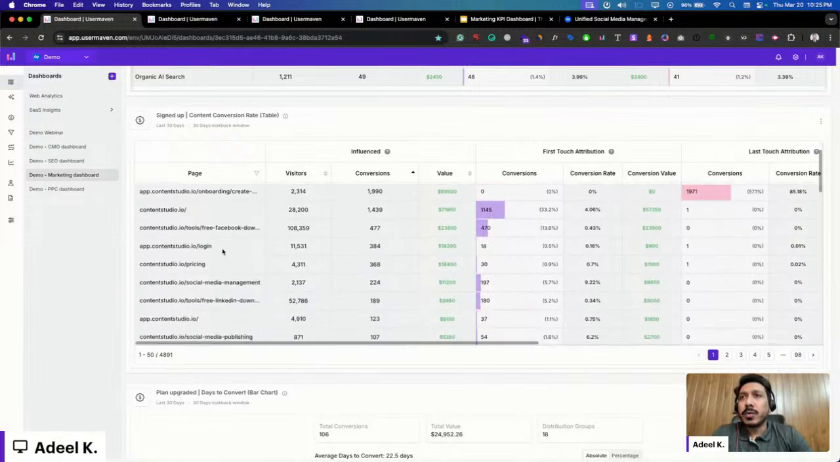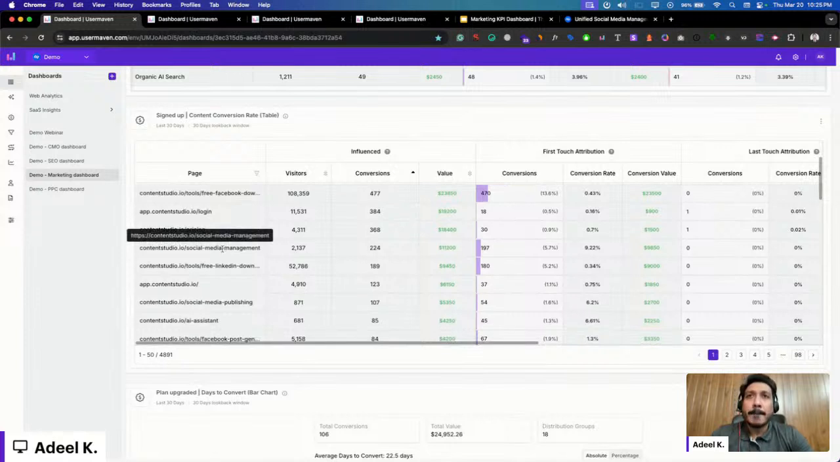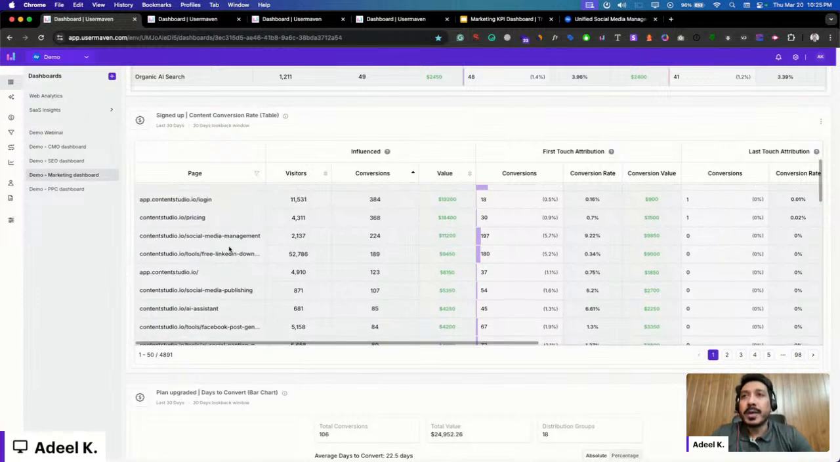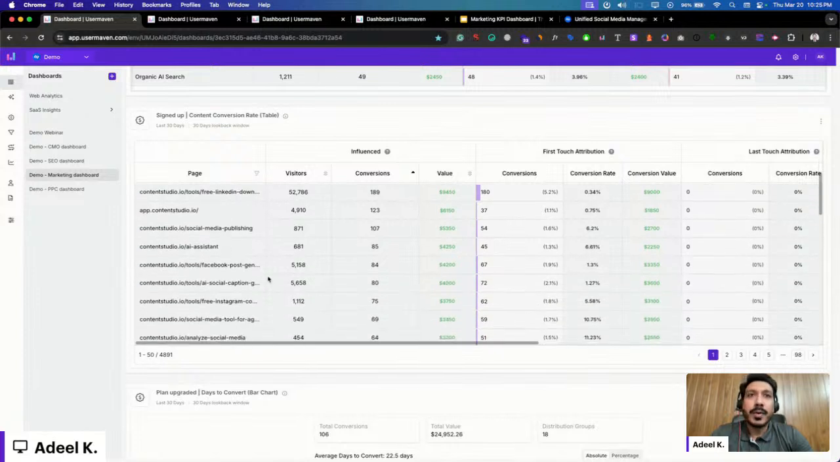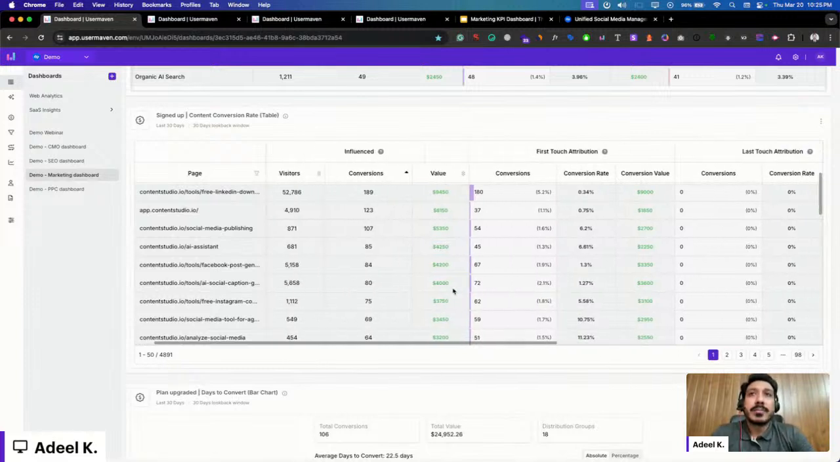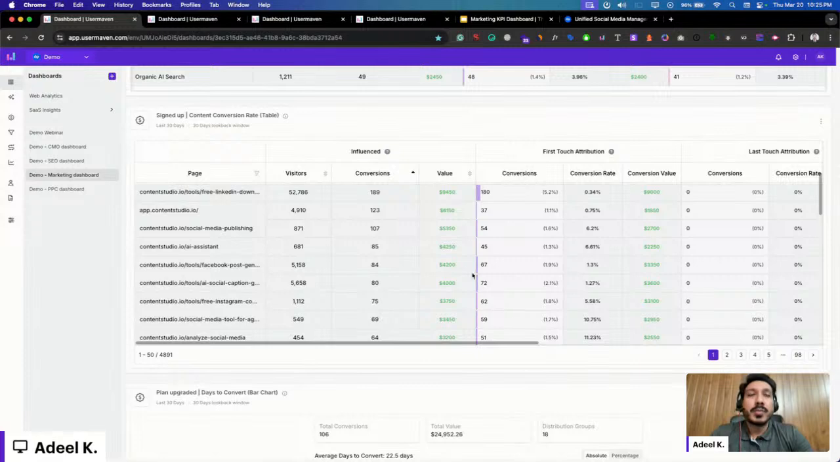At the top, you can see most of the app related pages, which makes sense because a person has to go through a series of different pages before signing up or getting converted. But then comes a typical landing page, and then there's a tool based page as well. So this way, you can analyze your landing pages and visitors or conversions coming through those pages as per